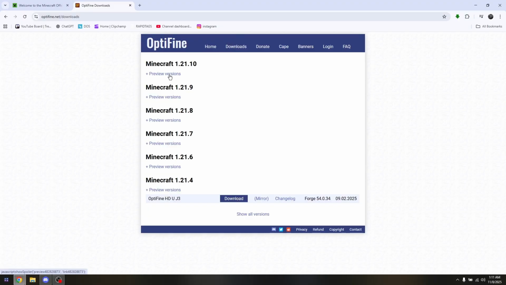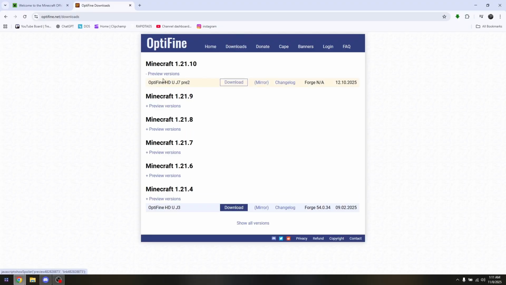Simply click on preview versions, and this is the latest version possible of Optifine for Minecraft, which is going to be for the 2025 version. Simply download it, and if you cannot install it, what you want to do is to